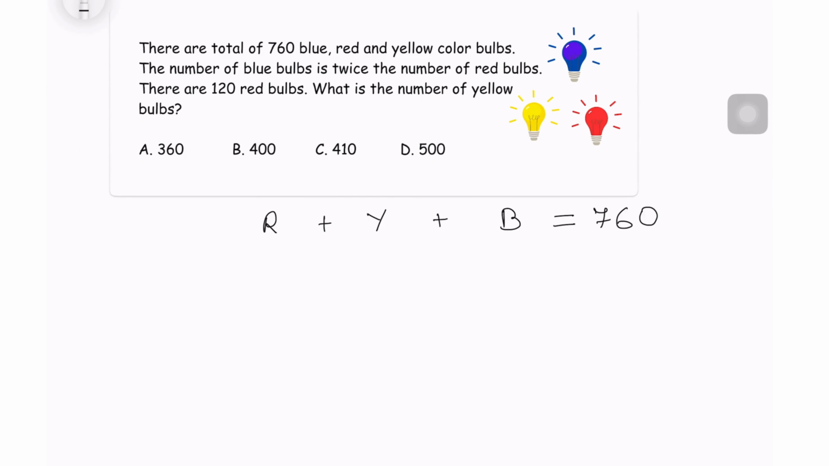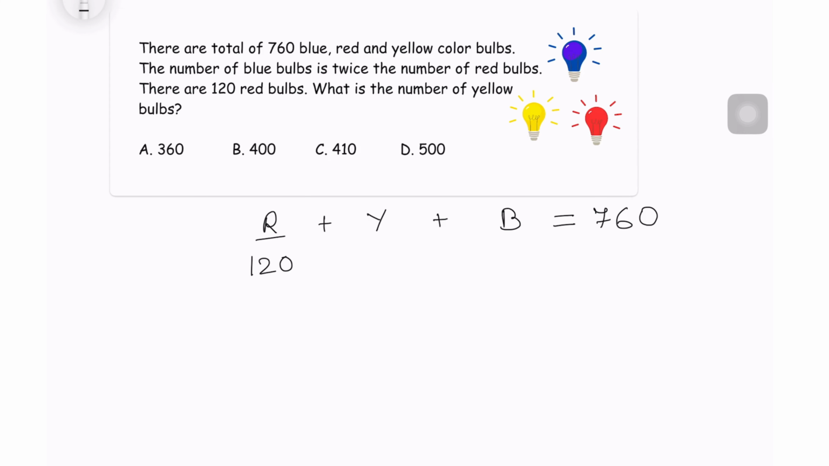The question is saying that there are 760 bulbs, and those are blue, red, and yellow color bulbs. And the number of blue bulbs is twice the number of red bulbs. So the first equation which we can write is red bulb plus yellow bulb plus blue bulb is equal to 760. Now we know that the number of blue bulbs is twice the number of red bulbs, and we know the number of red bulbs is